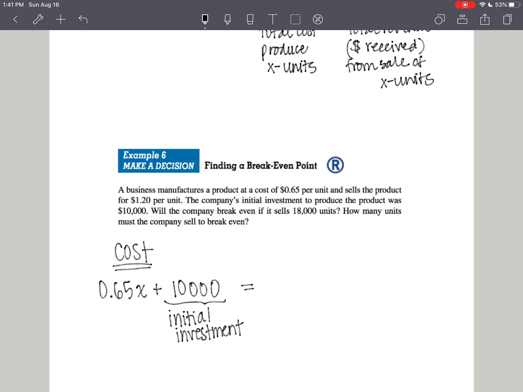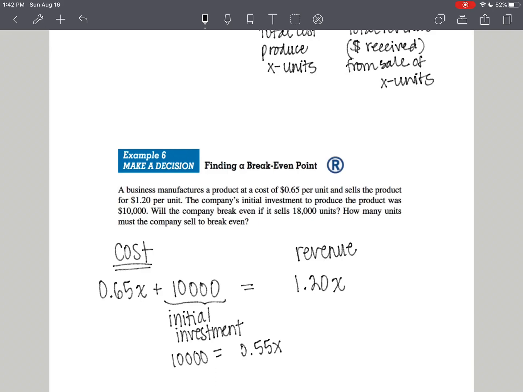That's going to be the cost, and we want to know the break-even point when we sell this for $1.20 per unit. So here we have a linear equation. All we have to do is solve. So I can subtract 0.65x from both sides. I have 10,000 equals